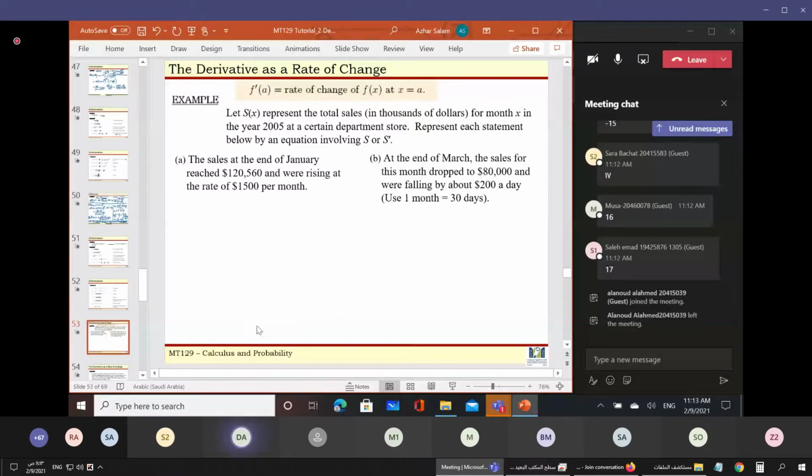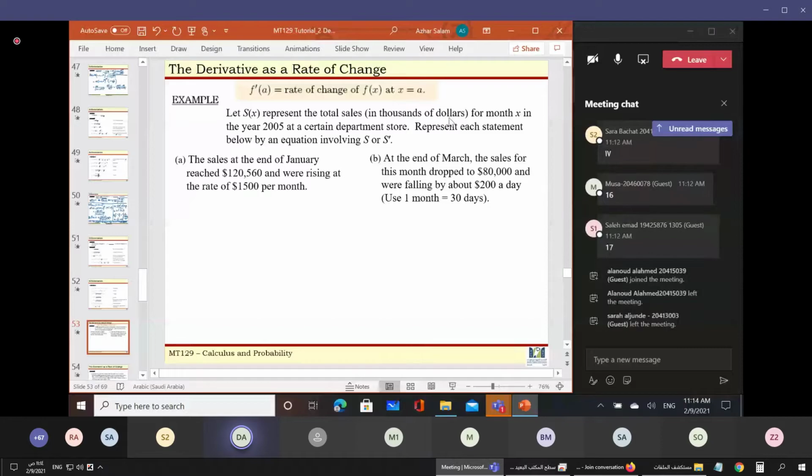Okay, now another example. We talked about the rate of change, and we said that the rate of change is the derivative. Of course, the rate of change at a point is the derivative at this point. Okay, and this is an example, an application. Let's just read it to find the meaning. Let S of X, this is a function, represent the total sales. So S is the function of sales